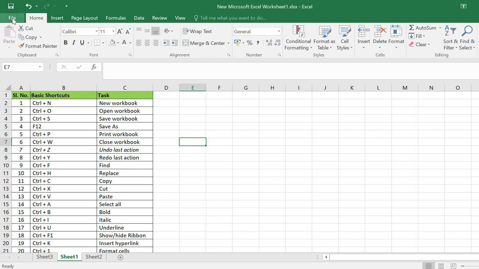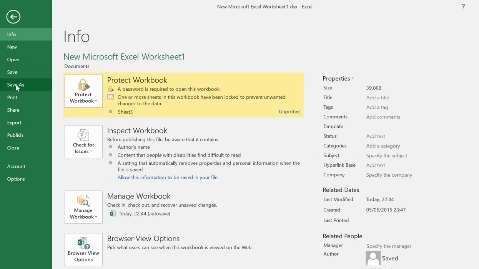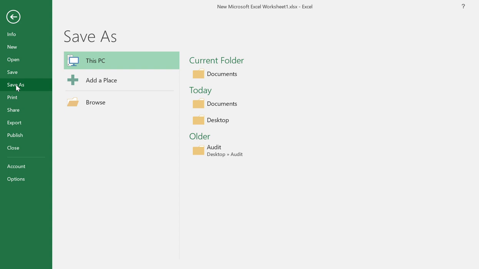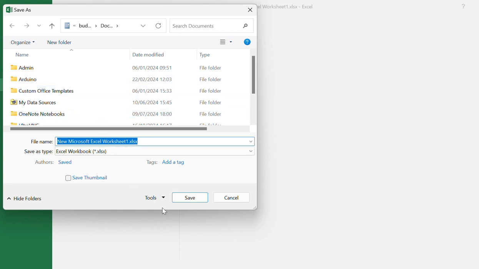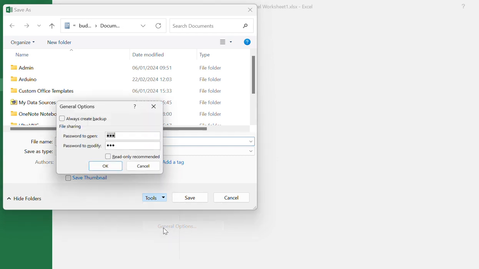So first we click on File, then click on Save As, then click on where you want to save the Excel sheet. Okay, now you click on Tools, select the General Options. Here you can set the password for open,